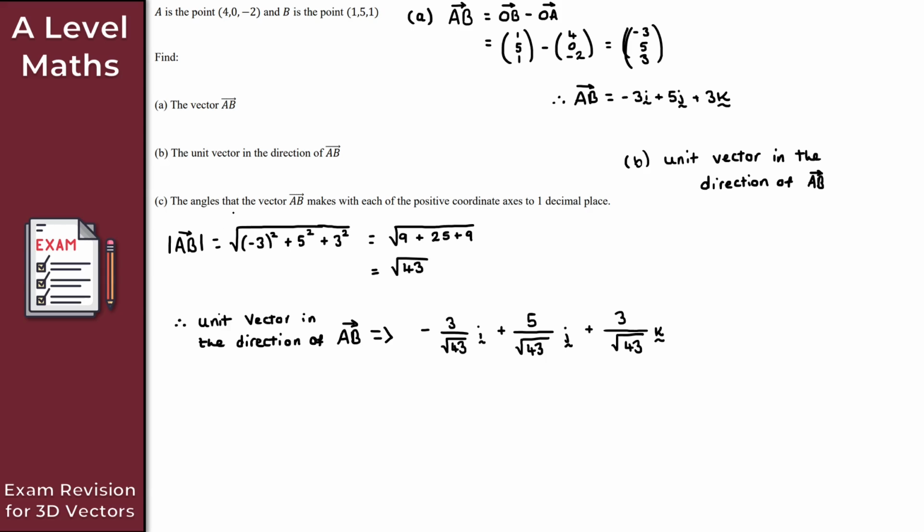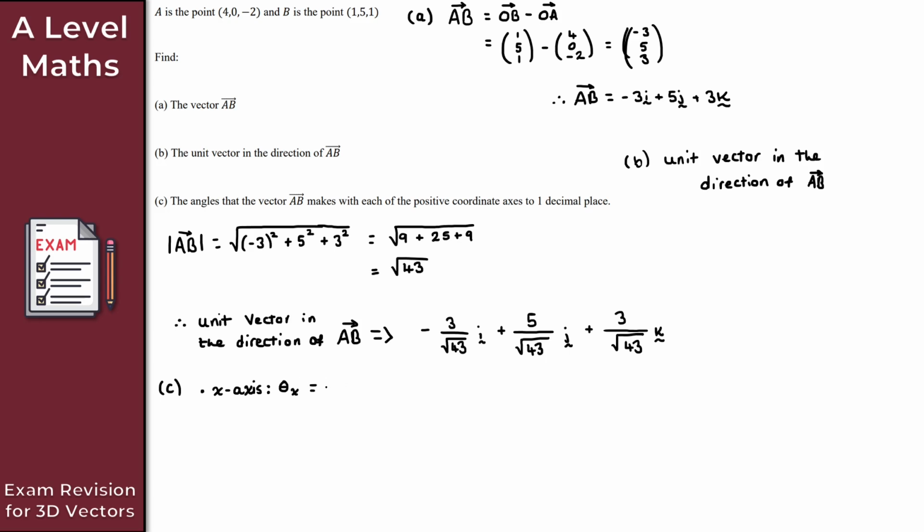And then finally, for the very last part of this question here, part C, all we want to do then is find the angles that the vector AB makes with each of the positive coordinate axes to one decimal place. So for part C then, let's just do this here underneath. And let's just begin then by considering the angle that the vector AB makes with the positive x-axis. So the x-axis here then, let's just make a note. So for the x-axis here then, we denote this as theta subscript x, so theta of x then,